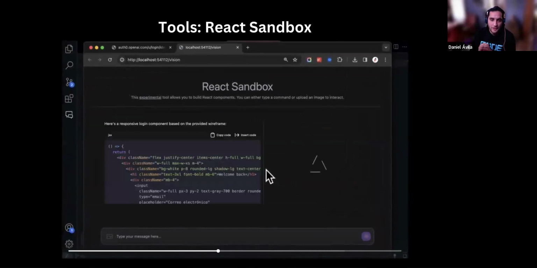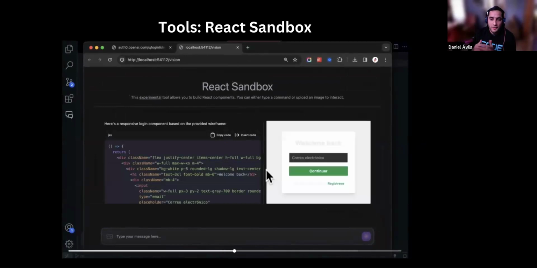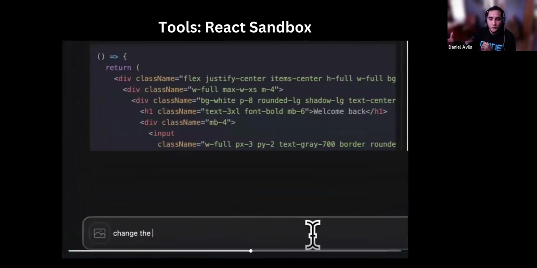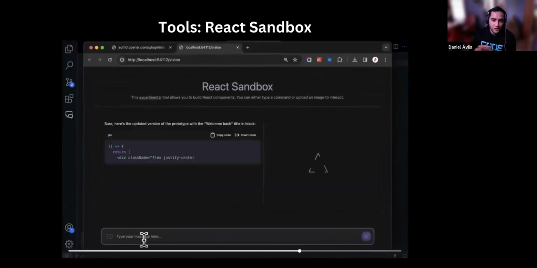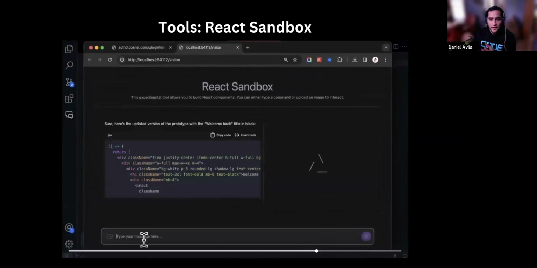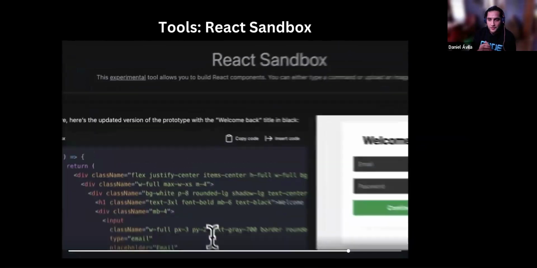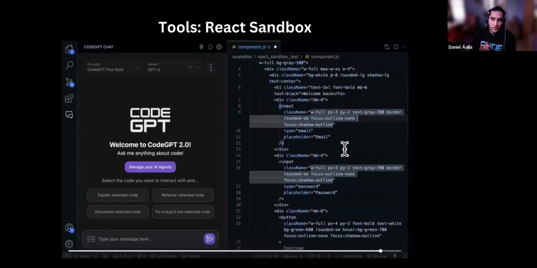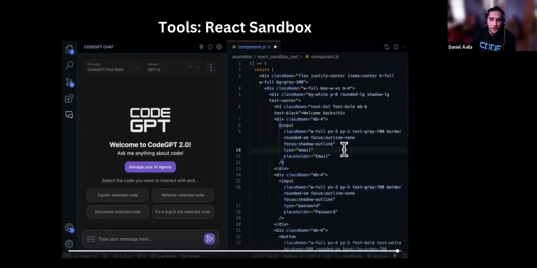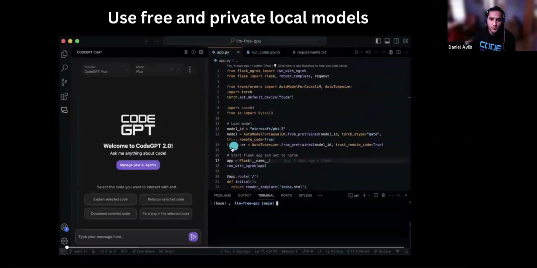In this case, CodeGPT is writing the full code, but you could see what is happening, and you could iterate. You could send a text to the model and change things in the component. So in this case, I'm changing the title to black letters, and with one click, you're going to be able to have the full component in Visual Studio Code.